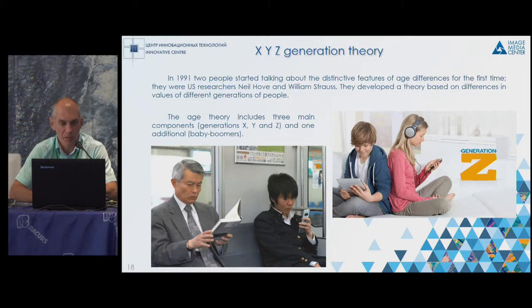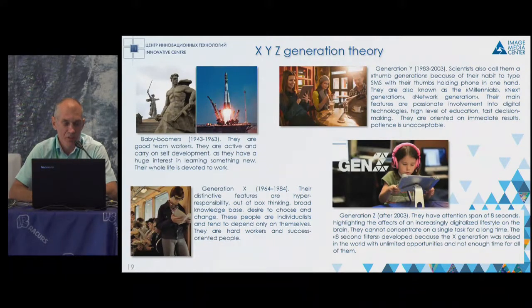There is a theory that I saw once which explained to me the condition of nature and all the processes, and which answers the question of how to move forward. In 1991, American scientists suggested a theory of generations. The principal generations are X, Y, Z, and the so-called pre-generation, the baby boomers. What was it based on?